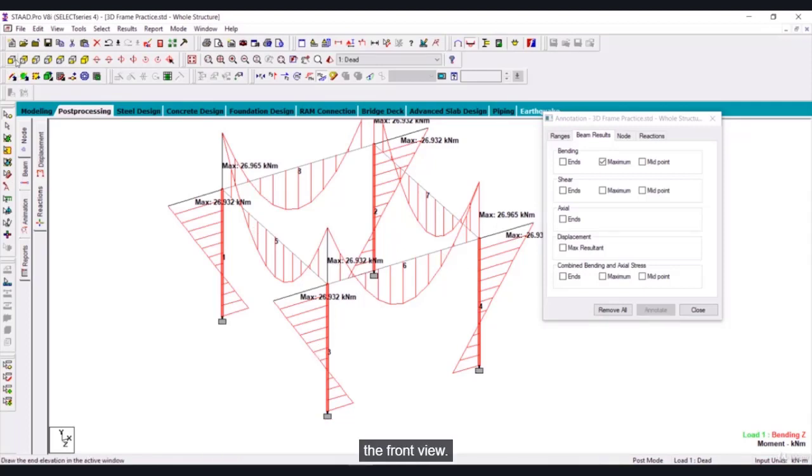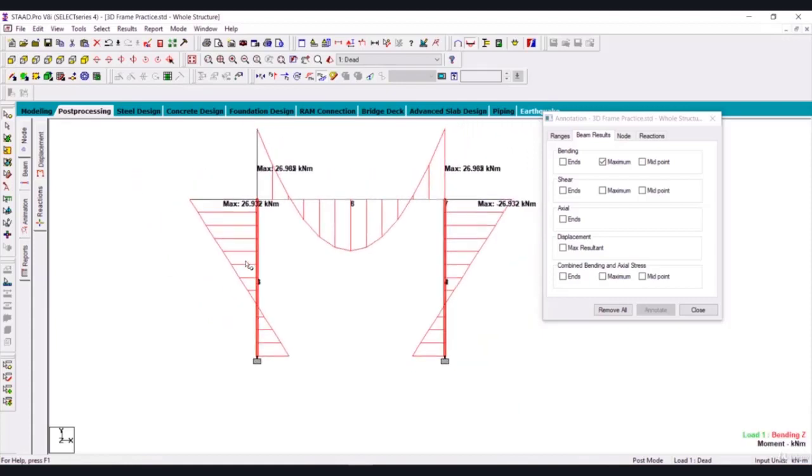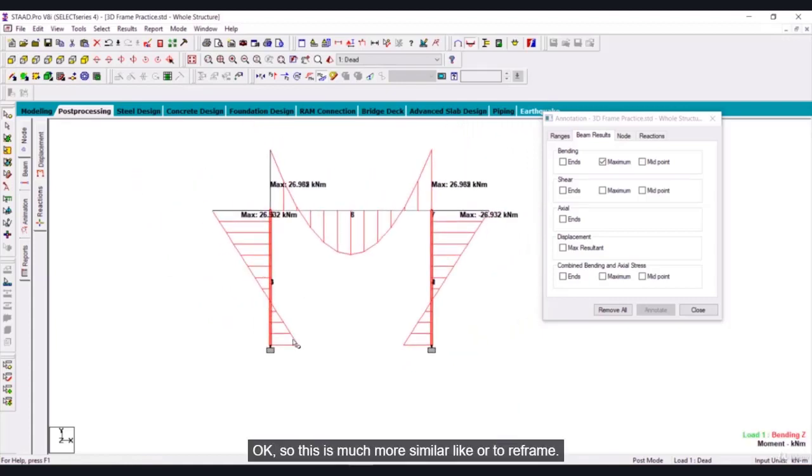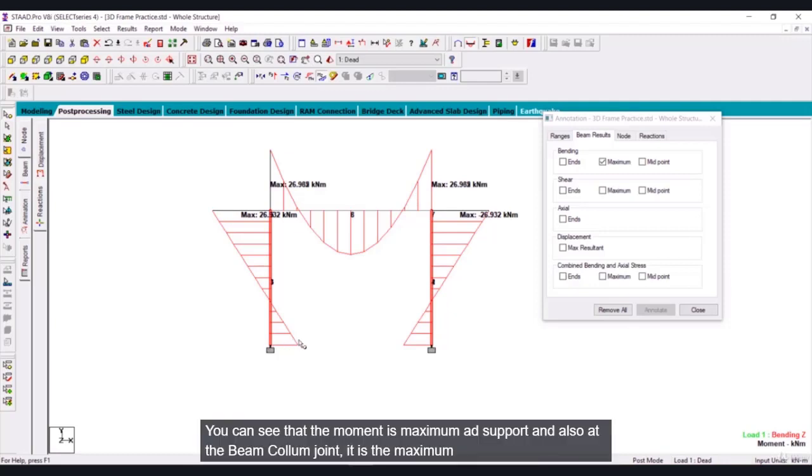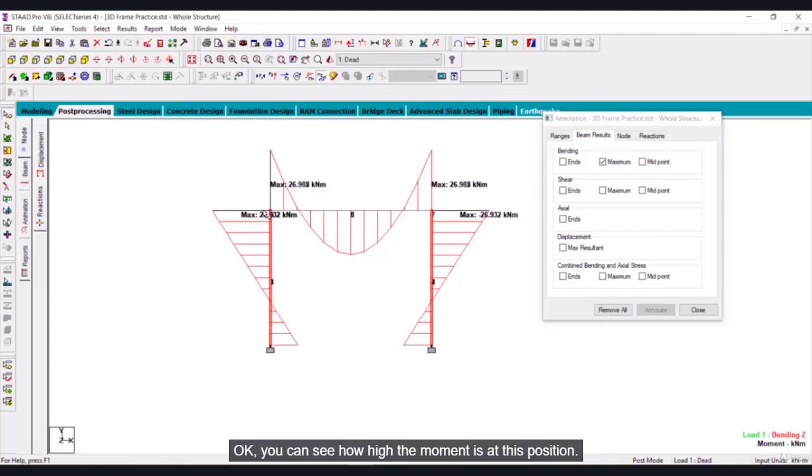Let us see the front view. Okay, so this is much more similar to a 2D frame. You can see that the moment is maximum at the support and also at the beam column joint. It is the maximum value. That is why the beam column joint is considered a very critical zone. Okay, you can see how high the moment is at this position.